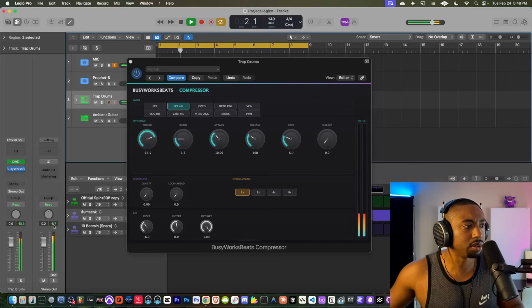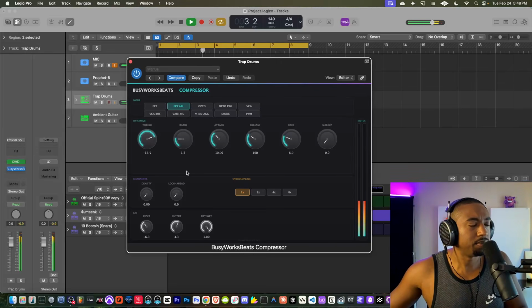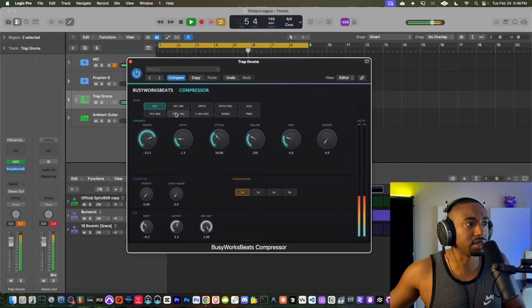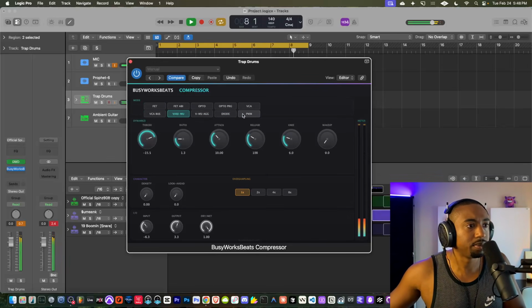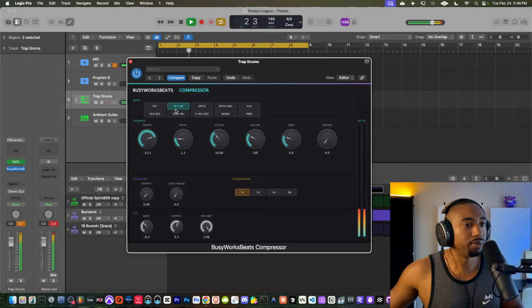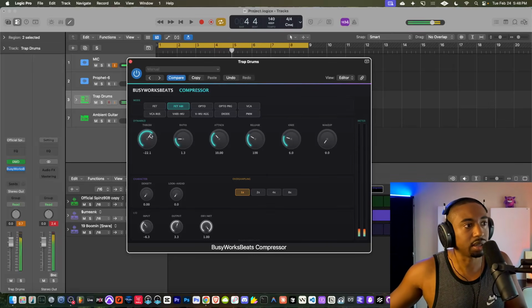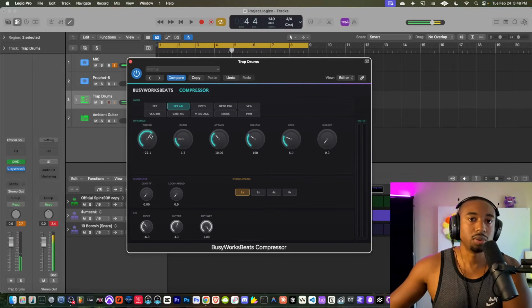Let's turn down the input. Let's just try the different styles. Now personally, I think the FET is going to be the best for this genre, and then the Vari-Mu. It just depends on what kind of smooth sound you're going for. But I do like this FET all buttons in mode, which is like, for those who know what the 1176